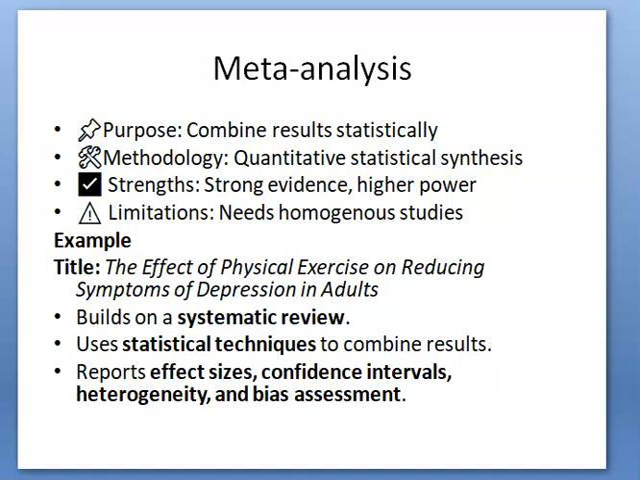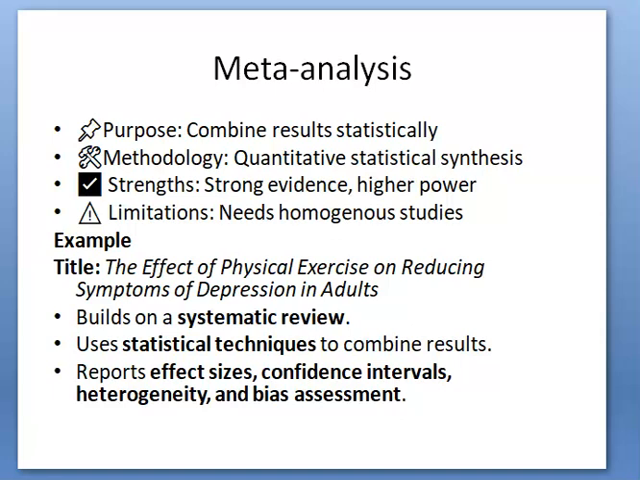A meta-analysis review builds on the systematic review and it tries to combine the statistical data along with the systematic review findings. So it is stronger, it is evidence-based and it has a higher power over the systematic review. It involves quantitative description, quantitative statistical synthesis. Basically, we are trying to synthesize the systematic review with the quantitative data, and the limitation is it needs homogeneous